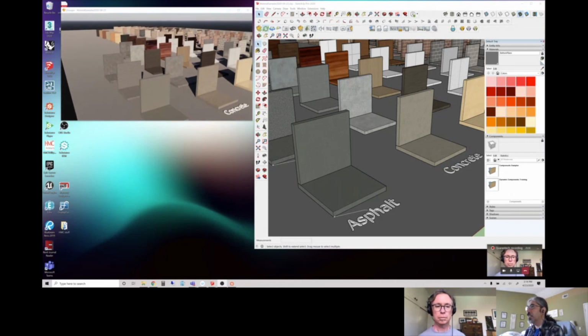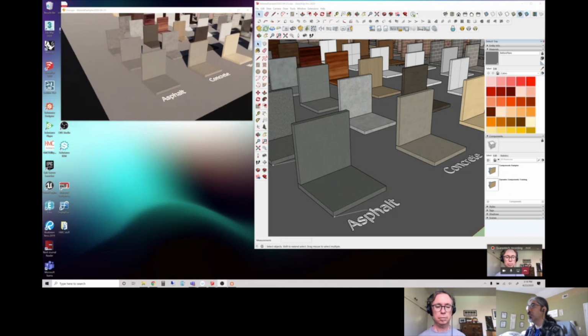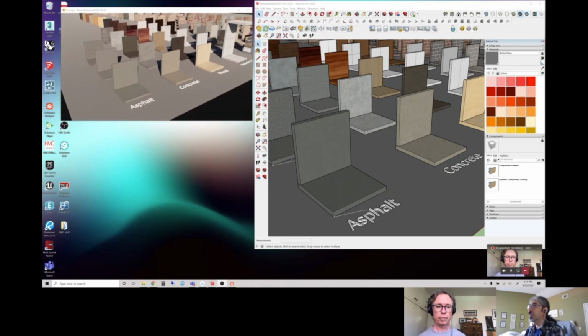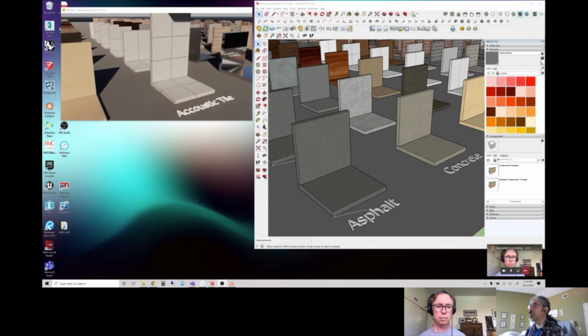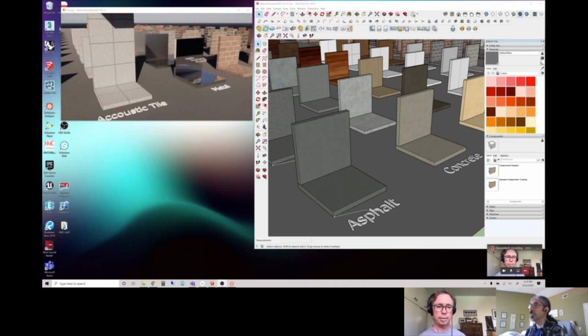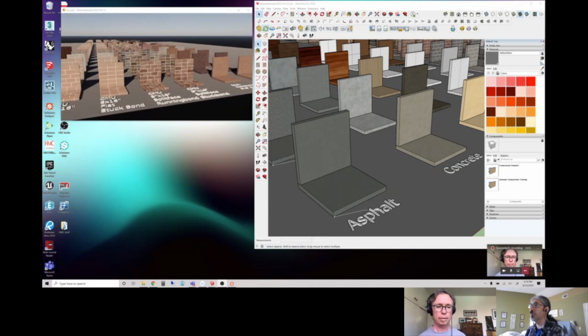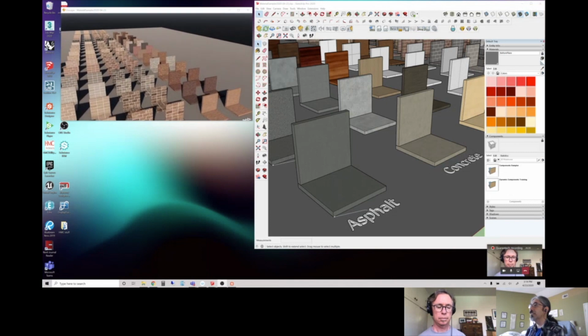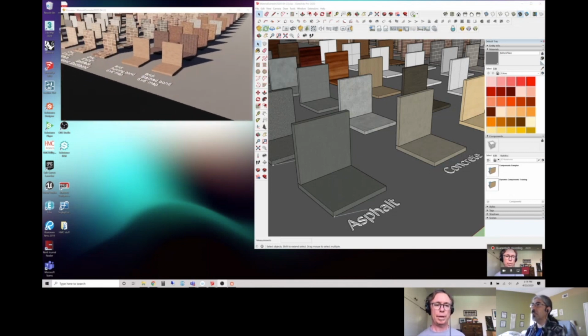But so far, I have created the basics. We have asphalt, concrete, woods, acoustic tiles, metals. And we have CMUs, and a lot of color variations, so you can get crazy on it. And bricks.